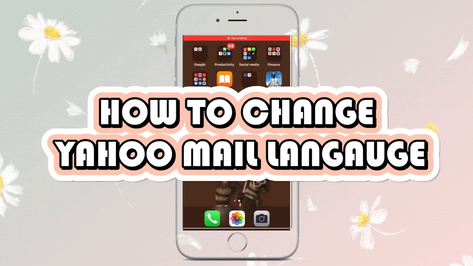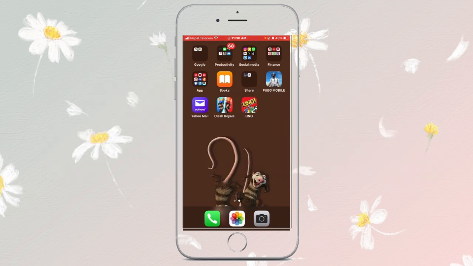How to change Yahoo Mail language. If you want to change your Yahoo Mail in a different language, follow these steps to change the language in your Yahoo Mail application. The Yahoo Mail app follows your iPhone language settings, so you need to change your iPhone language